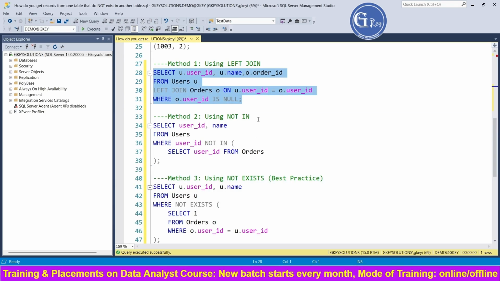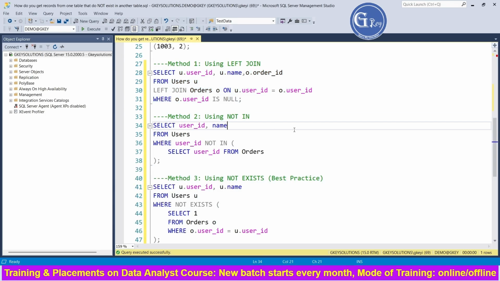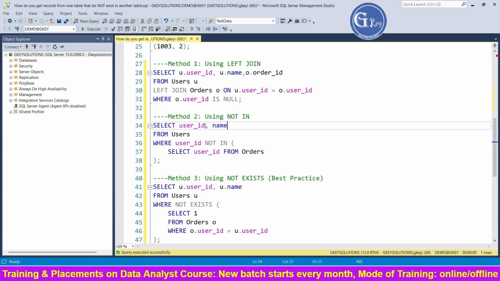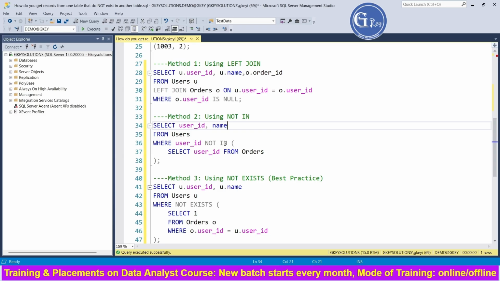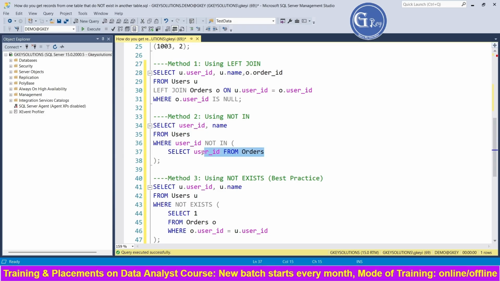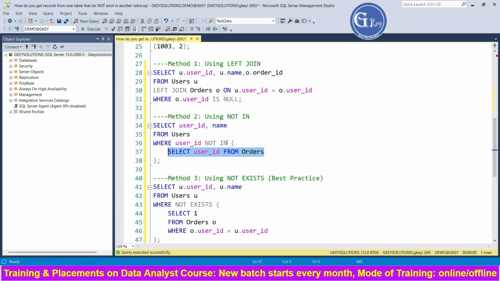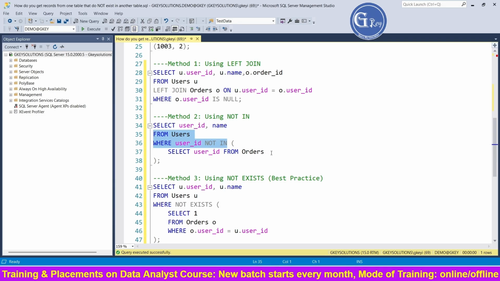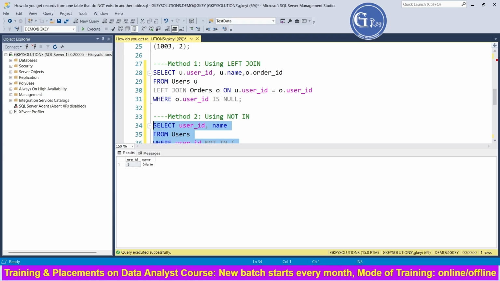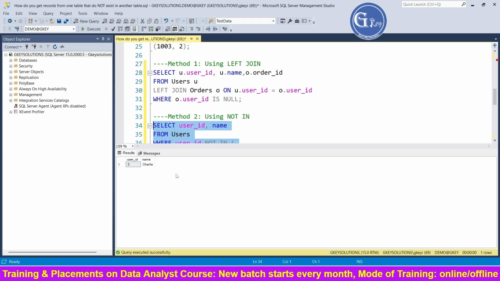Coming to the next method, using not in. The query is select user ID, name from users where user ID not in, select user ID from orders. Here it is selecting all the user IDs, and we are putting them in the where condition as not in these user IDs. In such a scenario also, we get our requirement. Charlie is the person who did not make any orders